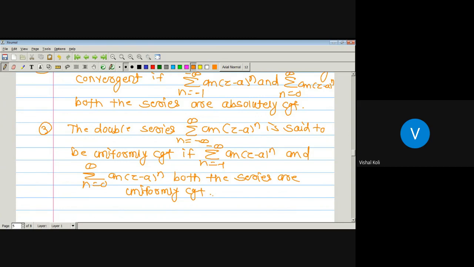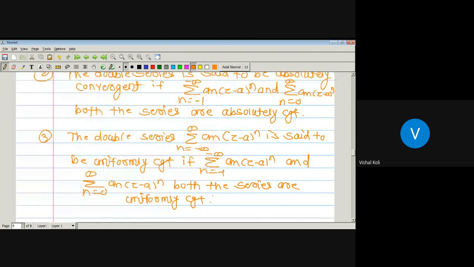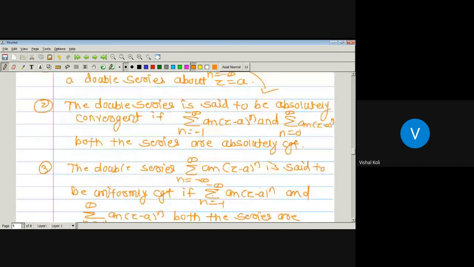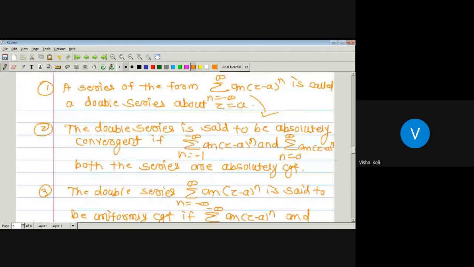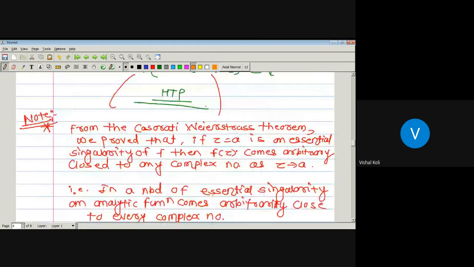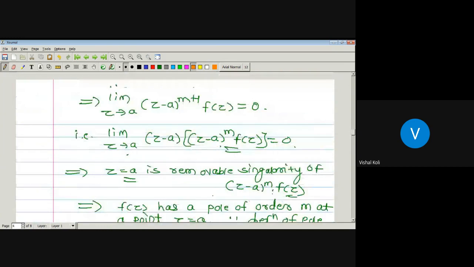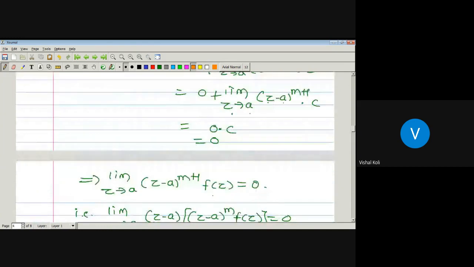Okay, these are some important things which are useful in our Laurent series development. So remember this. In today's lecture, we have seen first what is the annulus A(a; R1, R2). It contains all the complex numbers for which modulus of z minus a is greater than R1 and modulus of z minus a is less than R2. That is, the region in between these two portions is nothing but the annulus A(a; R1, R2).